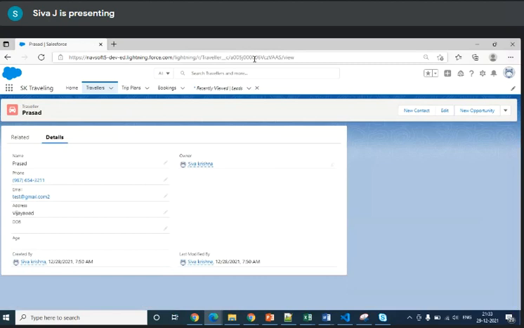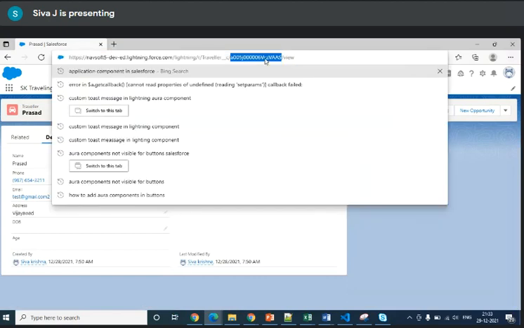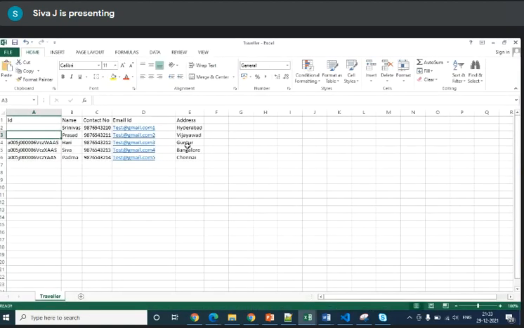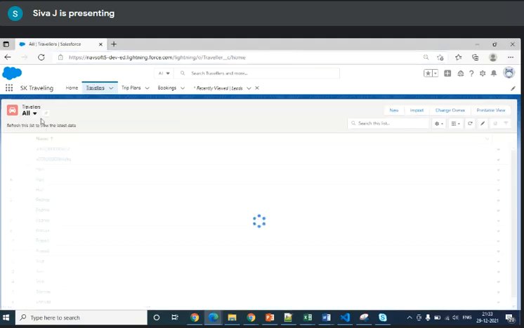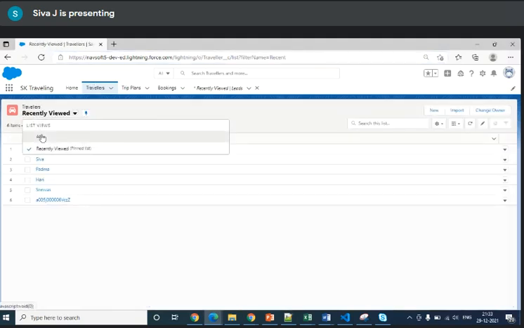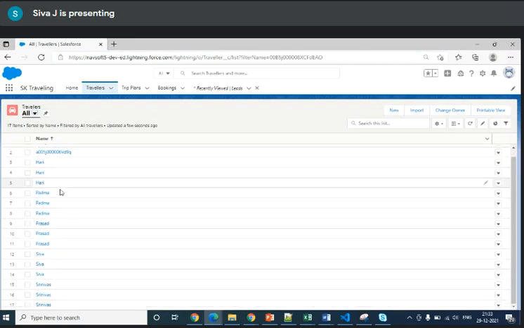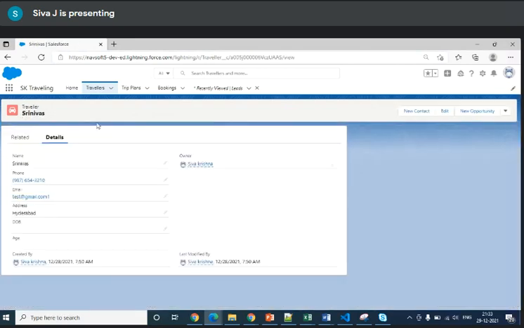For ID recognition, you can see the URL, select this 15-digit record ID. Krishna.